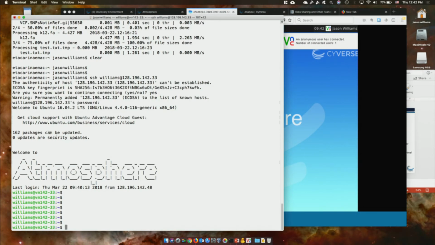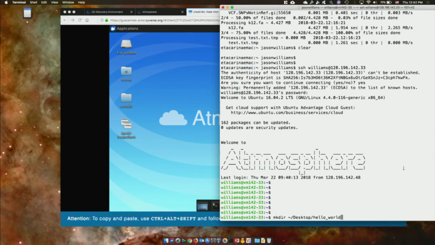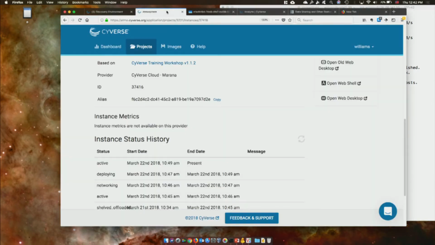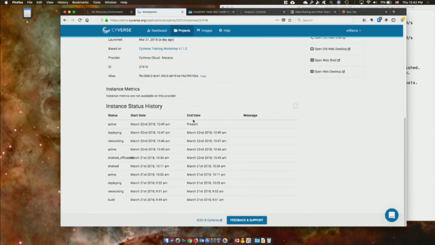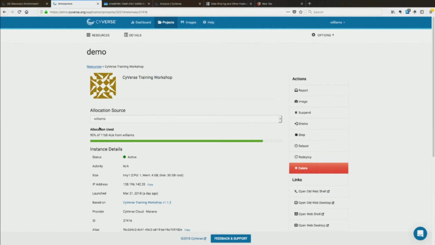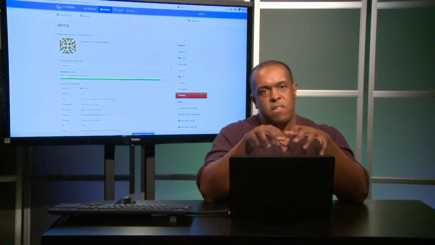And if I did something on this connection, like make a directory, it would also be created simultaneously on the machine. So really, it's a fully formed, fully functional computer ready for me to use and install, do whatever type of things I need. The very first moment you start your CyVerse Atmosphere computer, it's not connected to the data store,